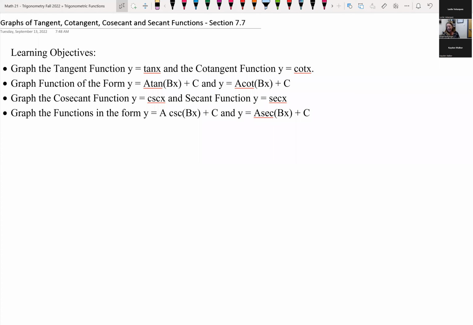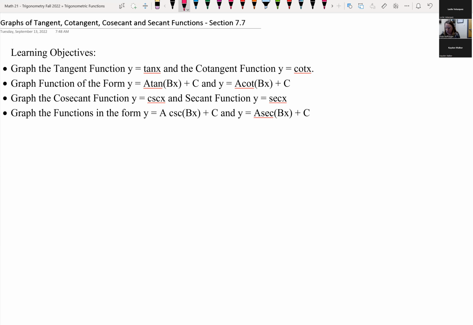We've been graphing cosine and sine, looking at those graphs, doing shifts vertically, reflections across the x-axis, and also looking at effects of the period. And so now what we're going to be looking at are graphing the other trigonometric functions: tangent, cotangent of x, cosecant of x, secant of x, and also doing these transformations, stretching them, reflecting them, working with them vertically. So before we jump into these trigonometric functions and graphing them, just recall that we get vertical